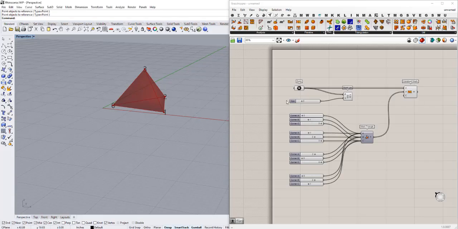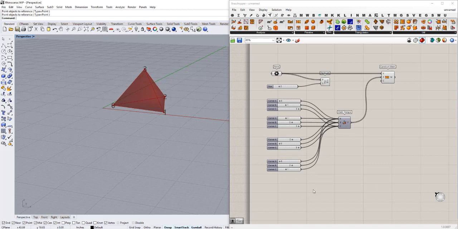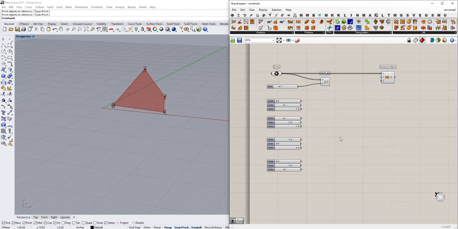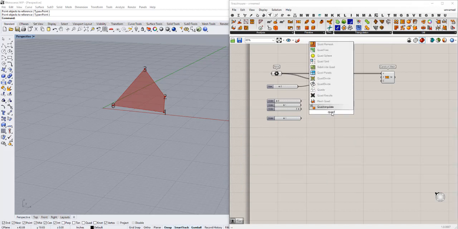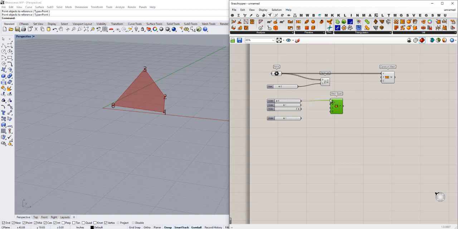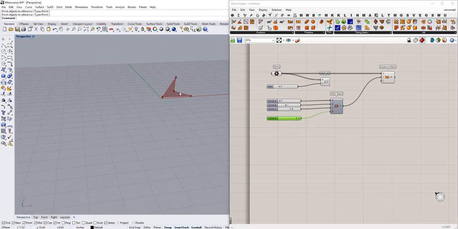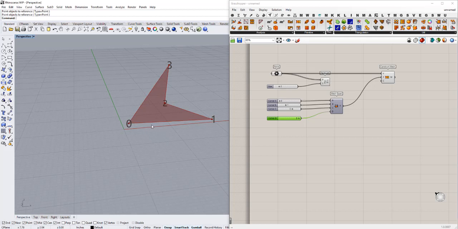But that's a little bit easier, and so instead of using this triangular face, we can use a quad mesh. 0, 1. Let's make those. So it's making what it was doing before, and you can see that it connects all the points together, but